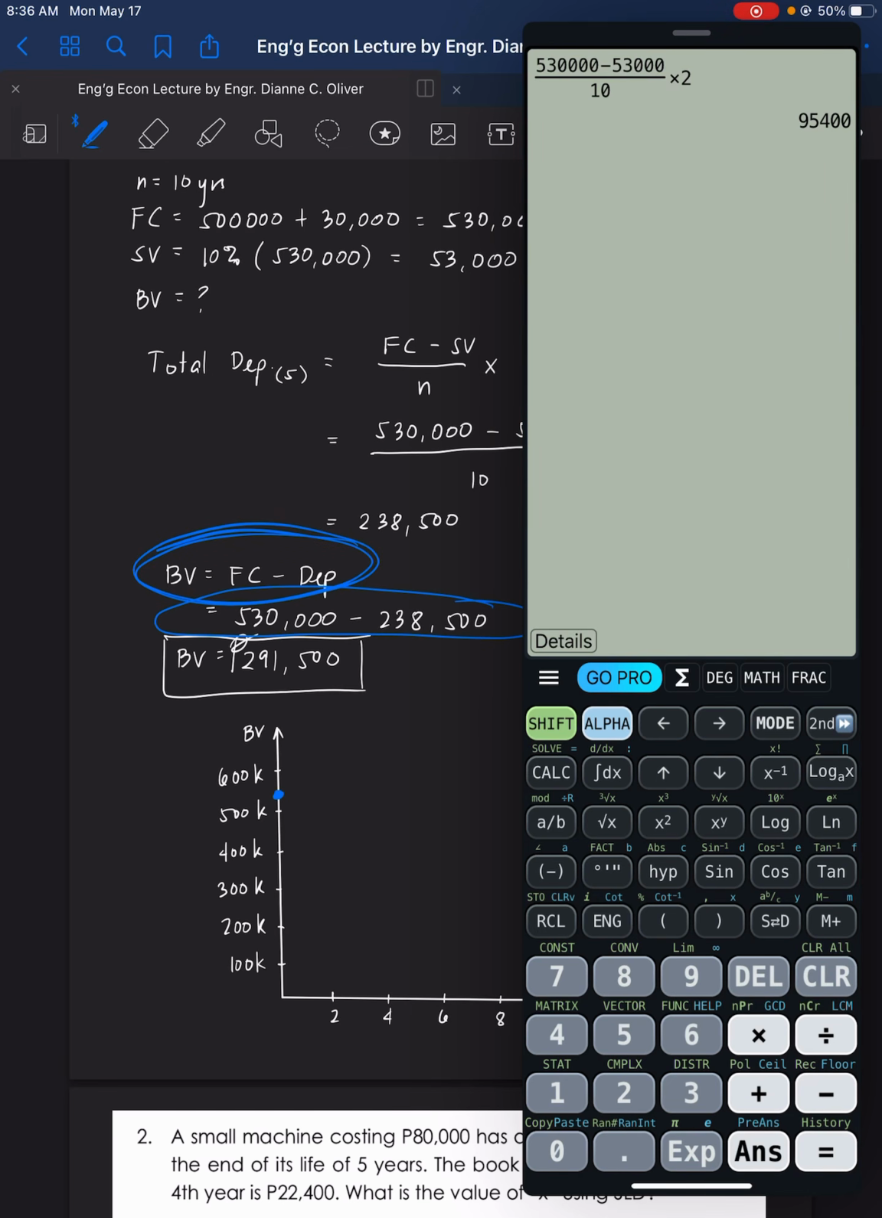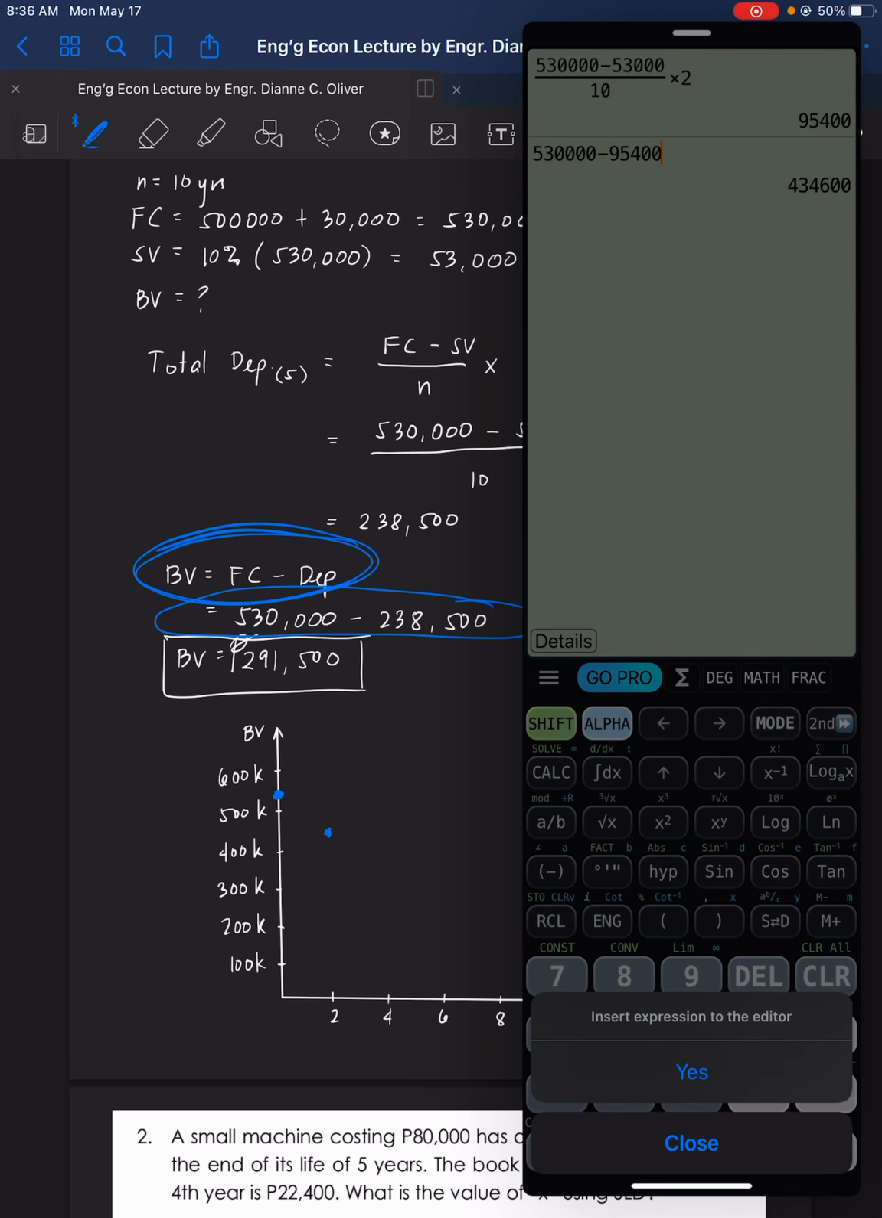Book value is equal to 530,000 minus 95,400. So that is 434,600. So in the graph, we will have 434, so estimate it here. Okay. Then next, let's compute for the